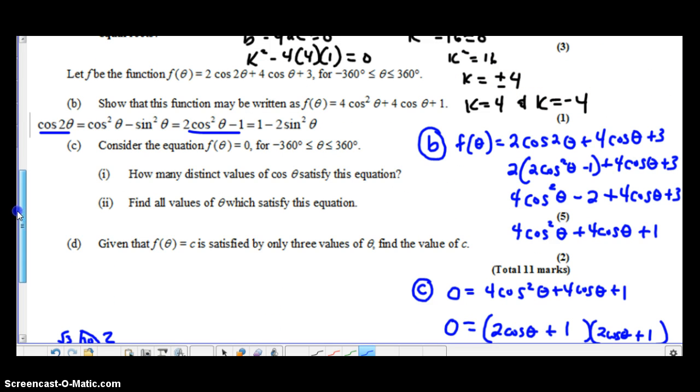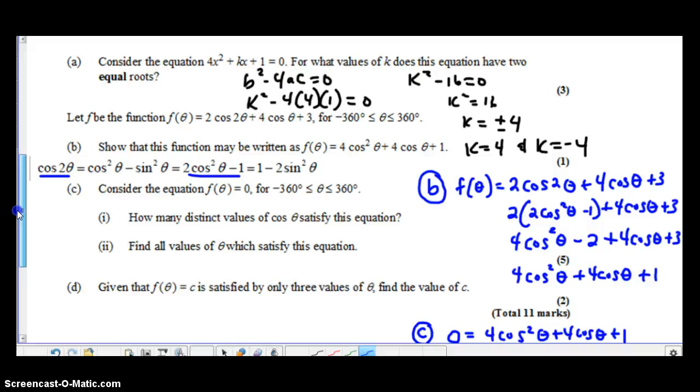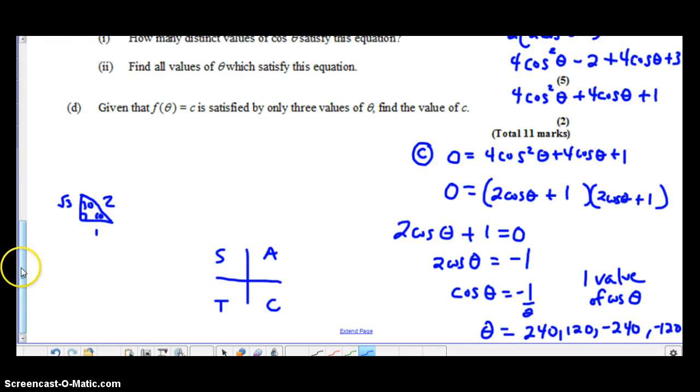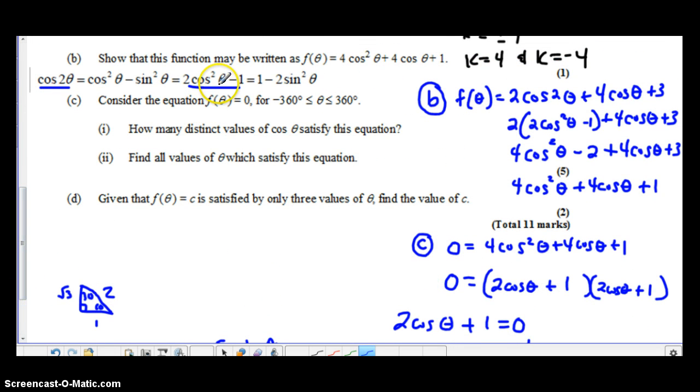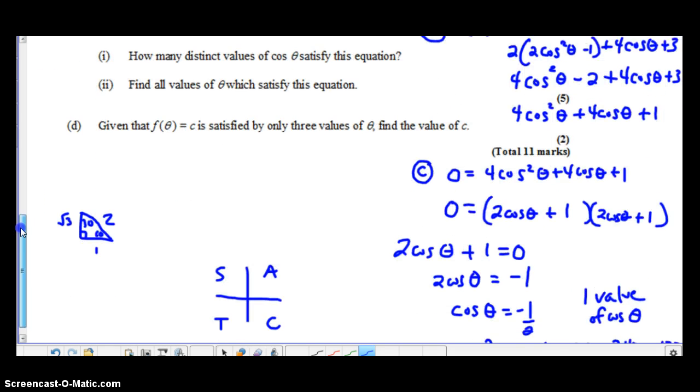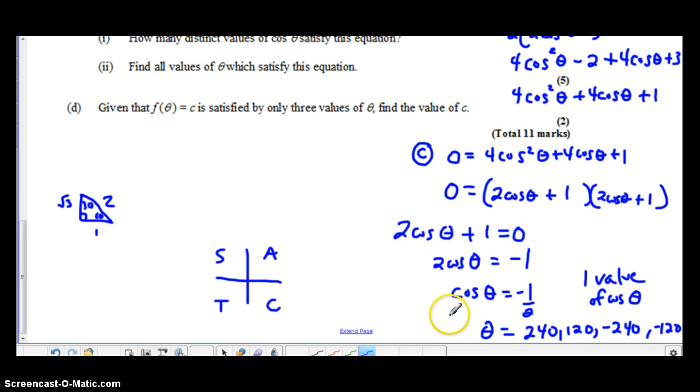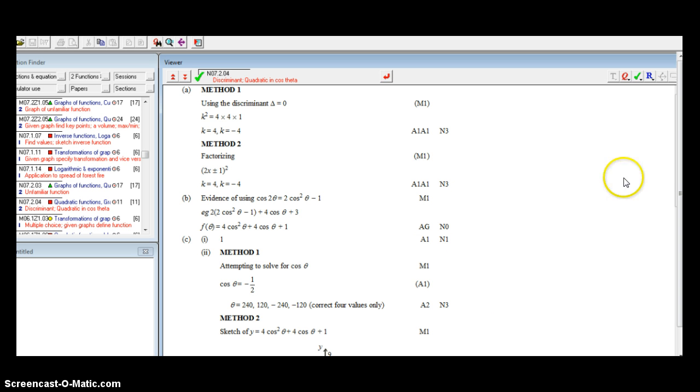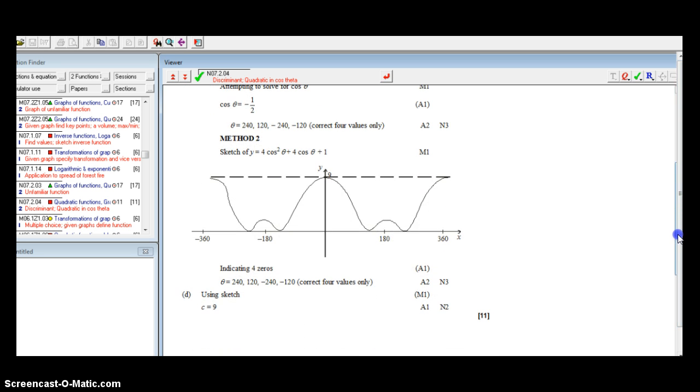For the second problem, we set the discriminant equal to 0 and solve for k, and you get k is 4 and negative 4. For part B, you use your trig identities to show the new equation. For part C, you then set the function equal to 0 and solve, and you get one distinct value of cosine theta of negative 1/2. Then you solve for theta using your 30-60-90 and your knowledge of the quadrants. Our last part, you're going to be using your sketch to find what